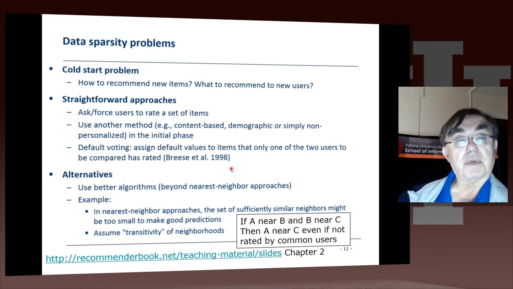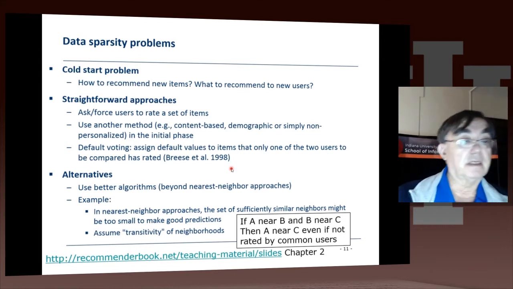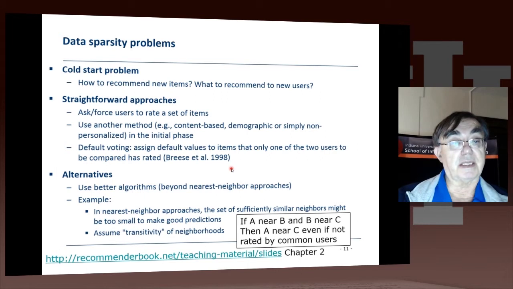Now remember that we're doing big data, but some aspects of big data don't have so much data, so that's worth discussing. Obviously, when an item suddenly arrives, it's not so easy to recommend it because it has no rankings, and you either have a sort of forced march where you actually drag users along to rate these items. You can also use, of course, the content-based approach initially, and then gradually phase in the ranking-based approach.